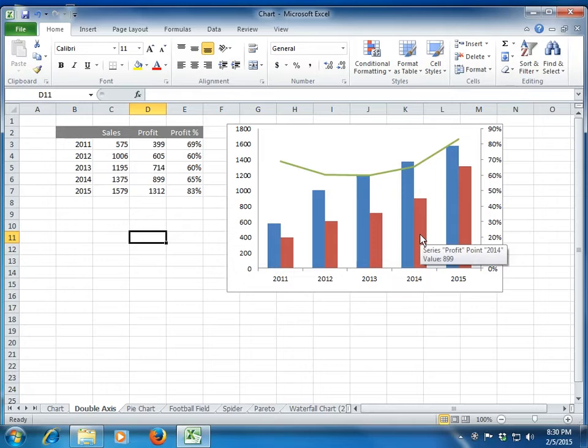So I want the sales and profit for each of the years, and I want to see my profit percentage as a line chart. My profit is in percentage terms, while my sales and profits are in USD million, or in absolute value rather than percentage. So if I want a line chart on the same y axis, it's not possible. I'll have to create a secondary axis for it. So let's see how we create a chart like this.